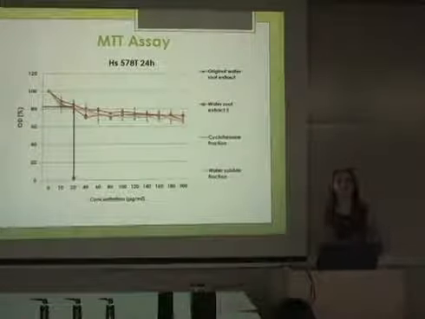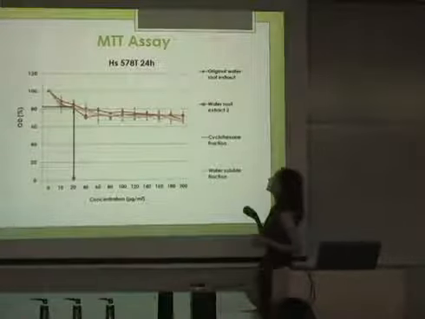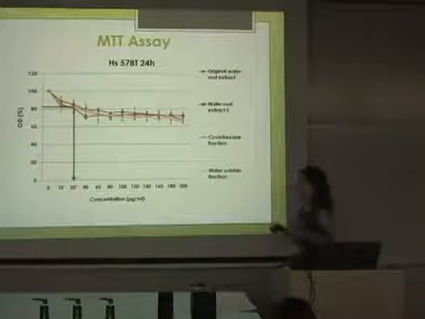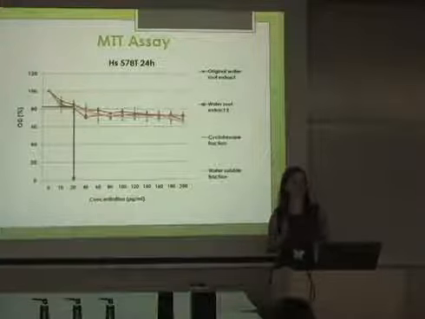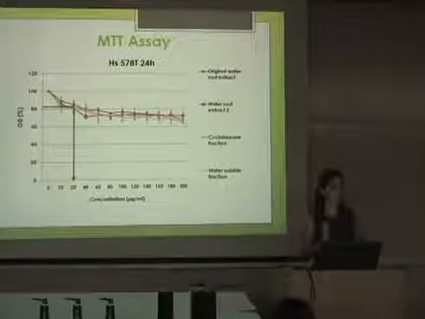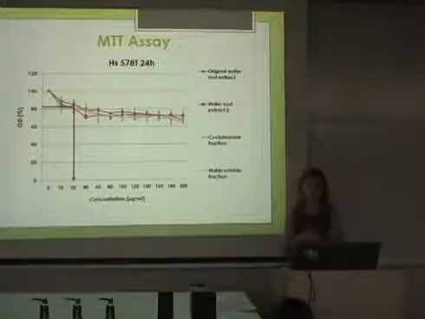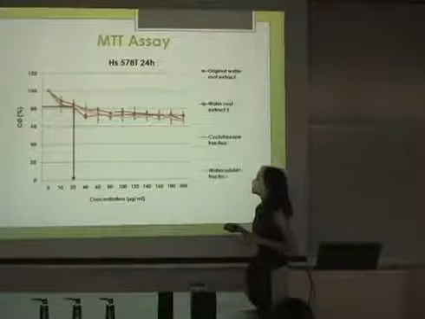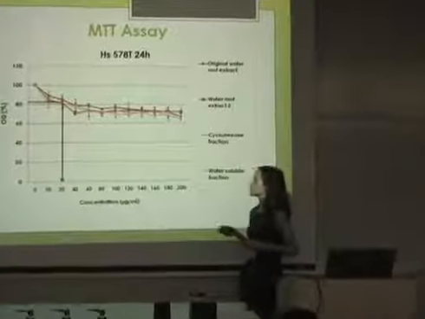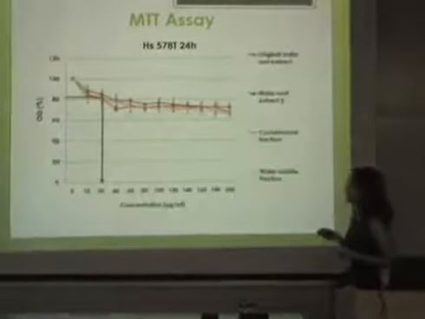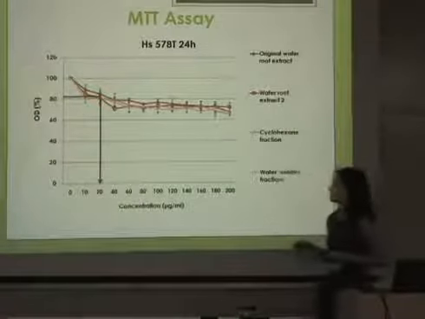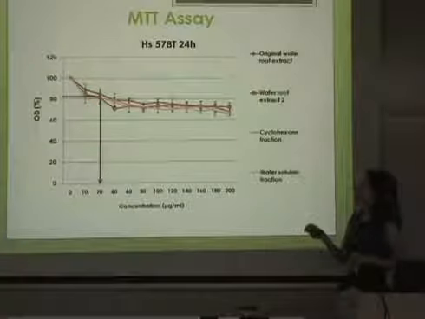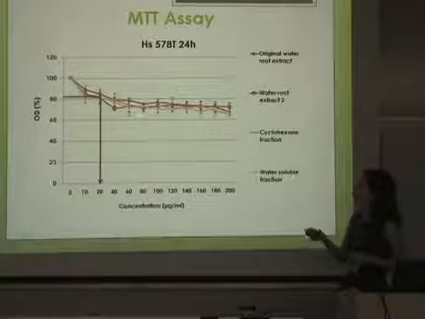We began our series of assays with an MTT assay. Now, why an MTT assay? We did an MTT assay because it measures the toxicity of the extracts in your cells. As you can see, we used a range of concentrations from 0 to 200 micrograms per ml. And in the y-axis, we had the optical density, having 100% for our control cells.